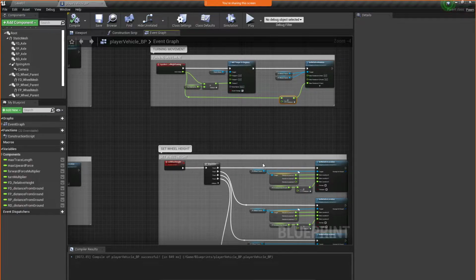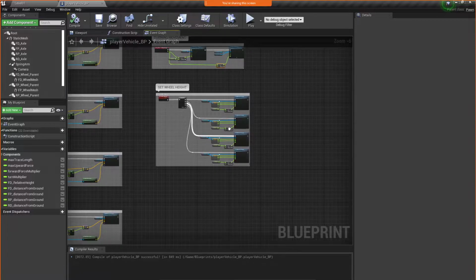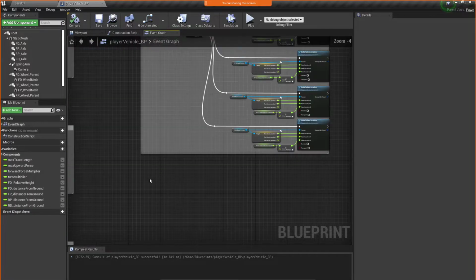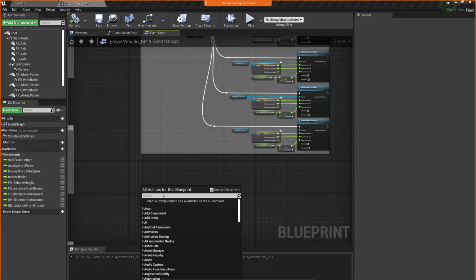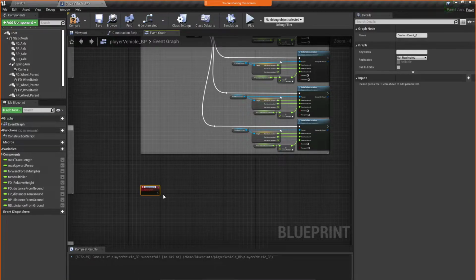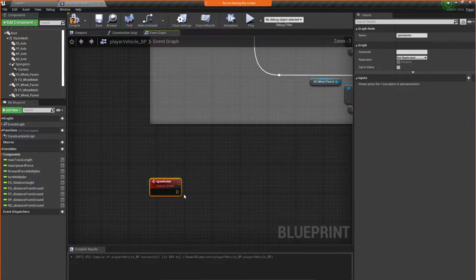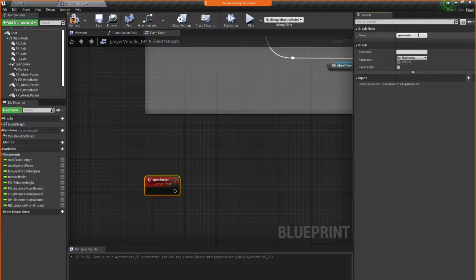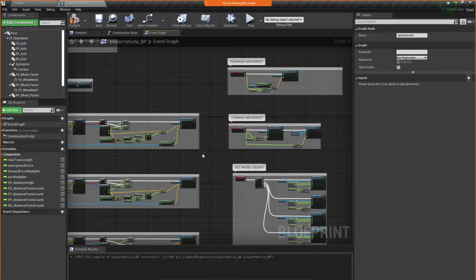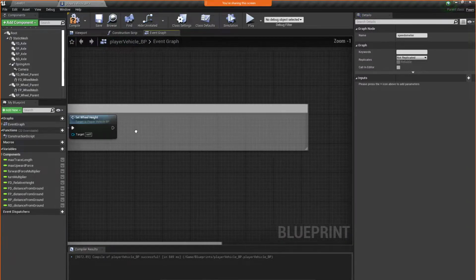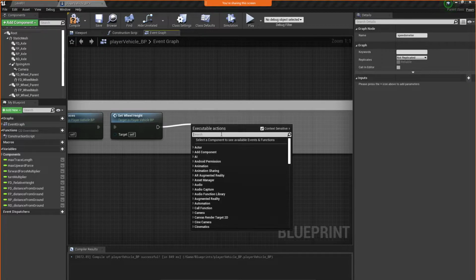Okay. So we're going to go ahead and create a speedometer. I'm going to start by creating a custom event. And I'll just go ahead and call it speedometer. Okay, and I'm going to call this on event tick, but